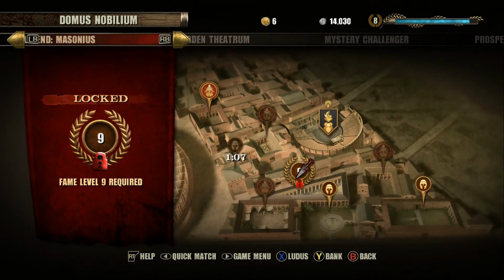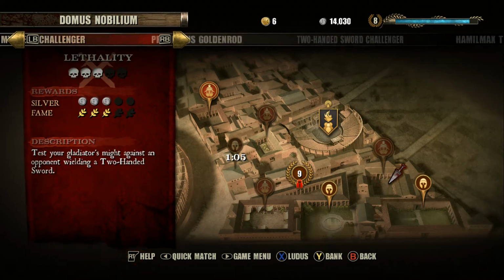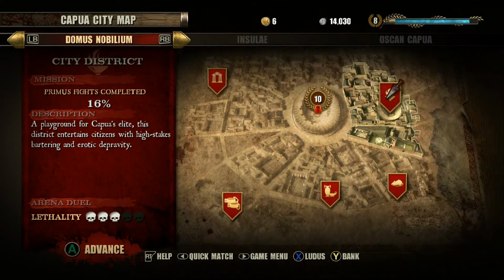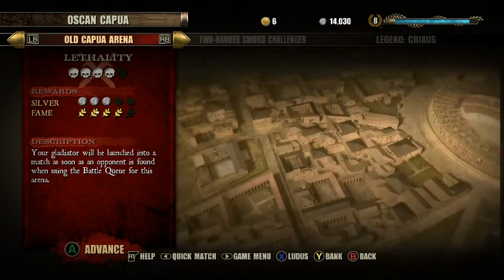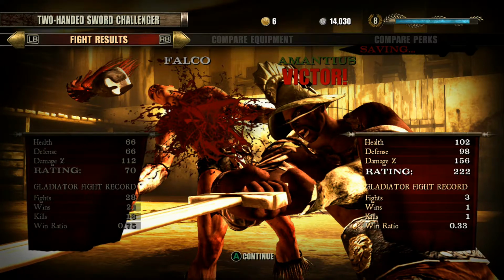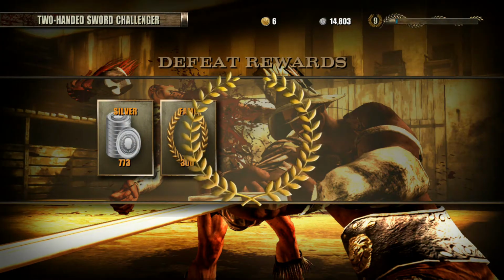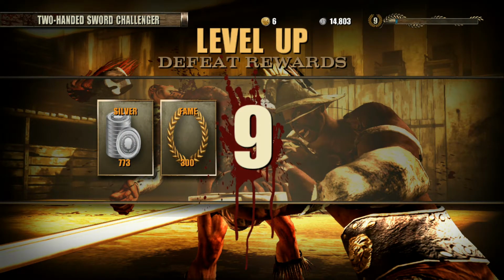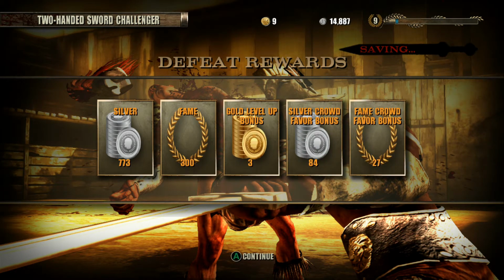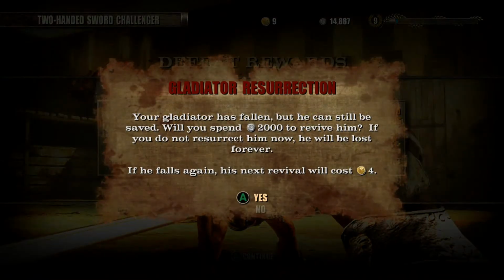Now leveling up in the game is not very hard. You just win fights, or you lose fights. Either way, you still get stuff. Each district has its own lethality. You get coin size, fame size. Even if you lose, you do get your silver, you do get your fame. Level up rewards, you get more silver, you get some gold that the game automatically gives you, and you get your fame. Now in this game, if your gladiator dies, you have to pay for him to be revived,